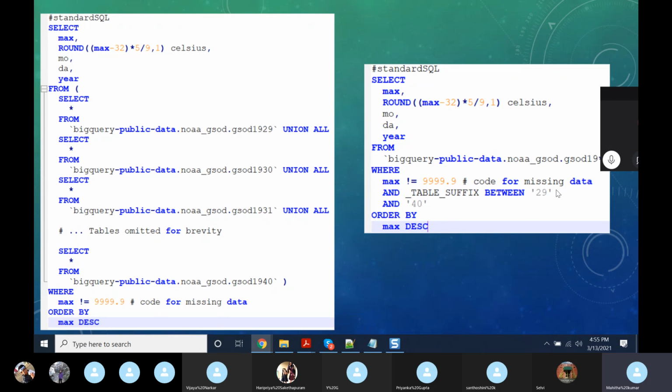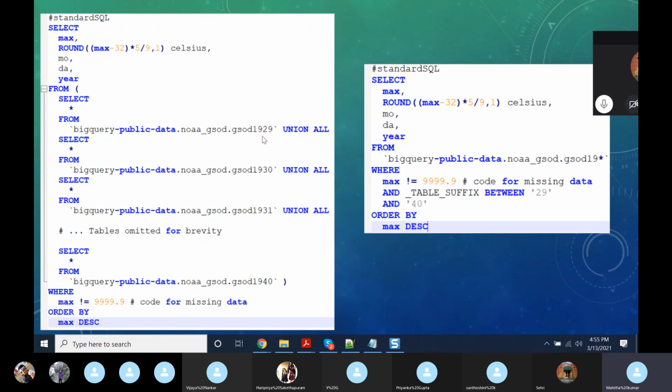With the wildcard, this is the wildcard parameter. With this one, we can get the 12 years with a single line. So here the logic is the same. We are getting the same columns, and the where condition is also the same. But look at the from statement.